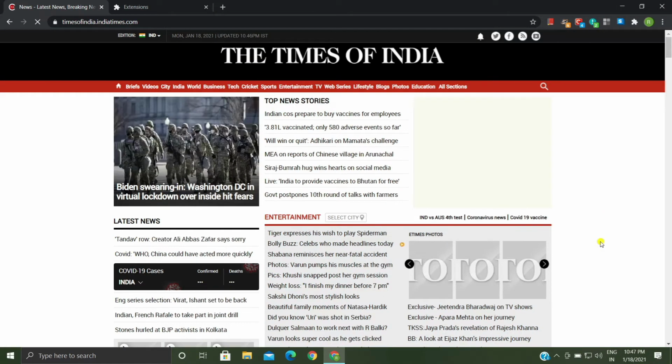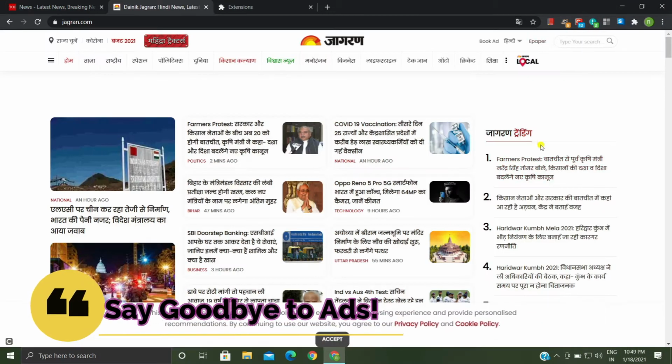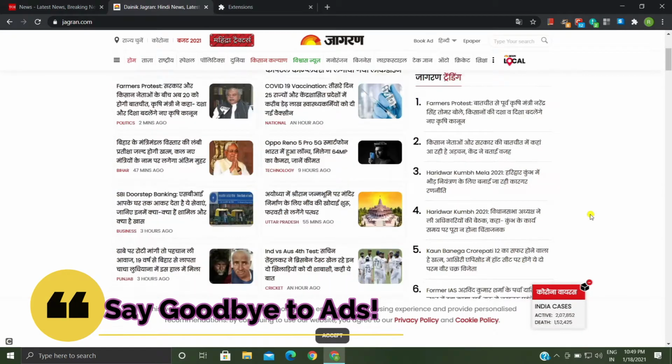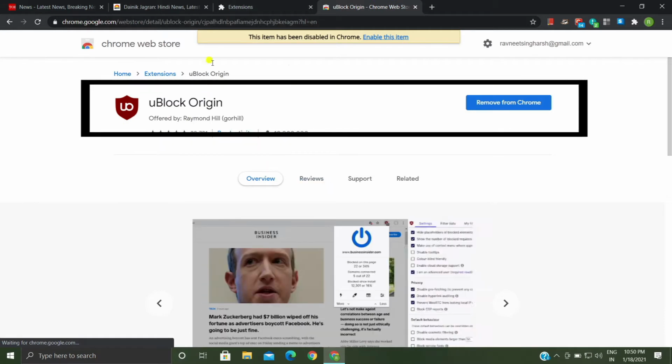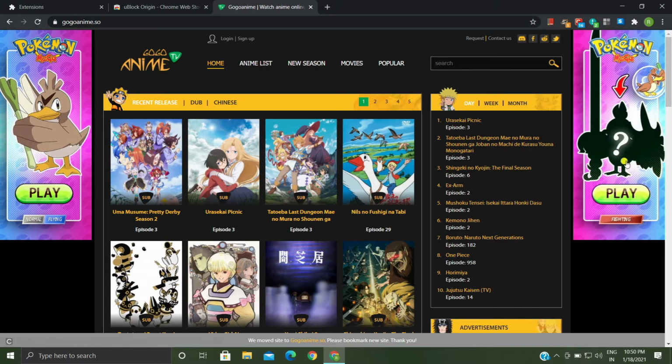The internet is full of ads, and actually these ads make the internet free for us, but hey, no one wants to watch ads while browsing, and especially the vulgar ads. So to stop ads, you can add an extension called uBlock Origin on your Chrome browser and ads are gone. Yes, it's as simple as that.